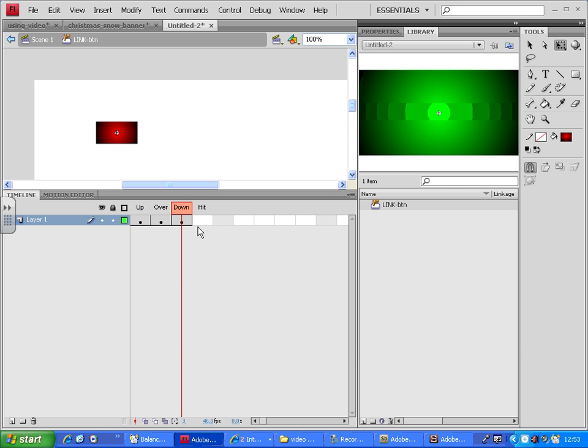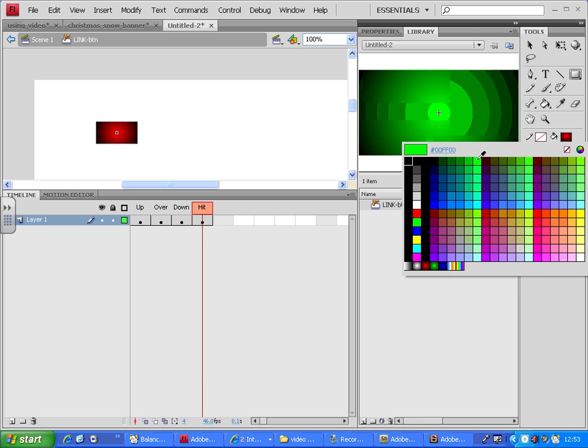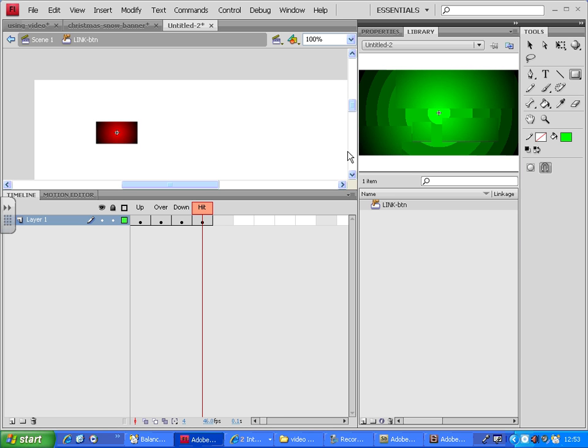And the last stage is nothing but the hit stage. On the hit stage again, I'm going to add a keyframe. And here, using the rectangle tool, I'm using literally any color I want. And I'm going to make a large rectangle on top of it. Okay, just to show you the difference of hit. Now when I do that and test the movie,